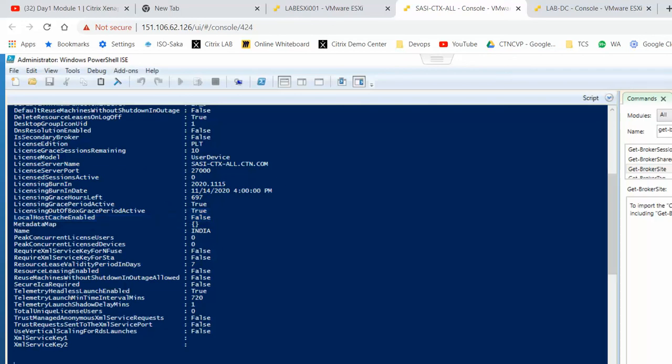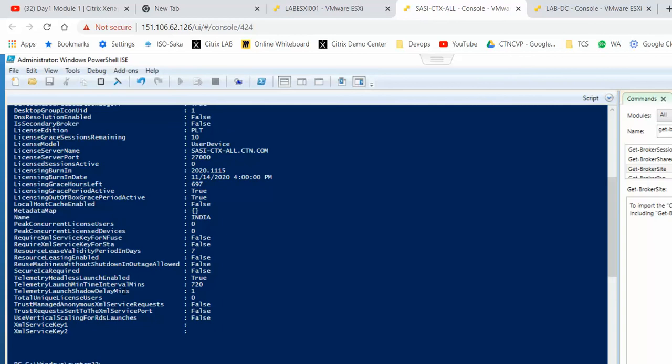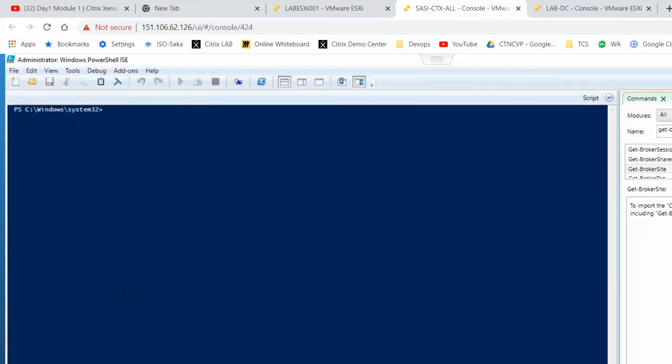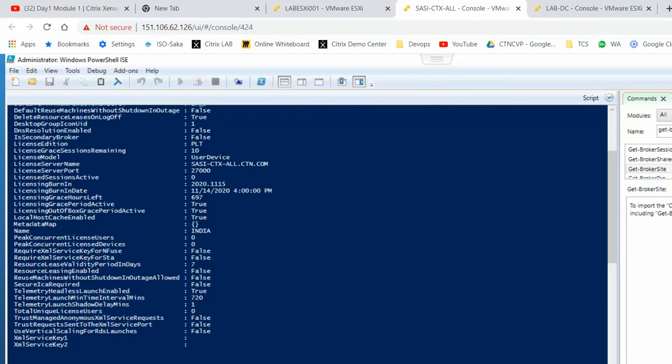So what we need to do? We have to set it to true. When you set true, it is enabled. Like this you can enable and you can disable.